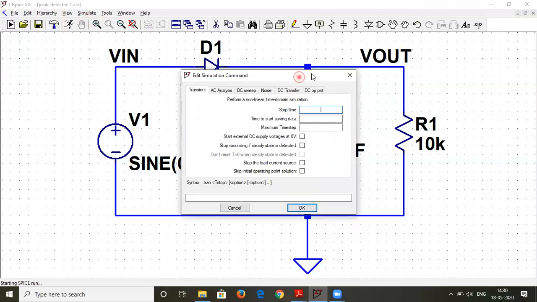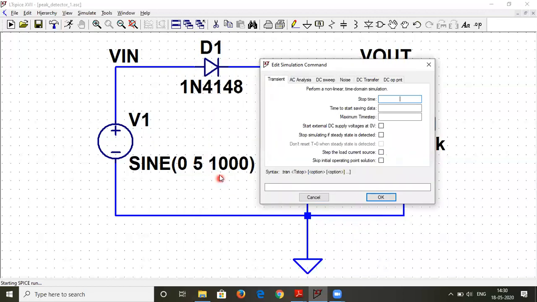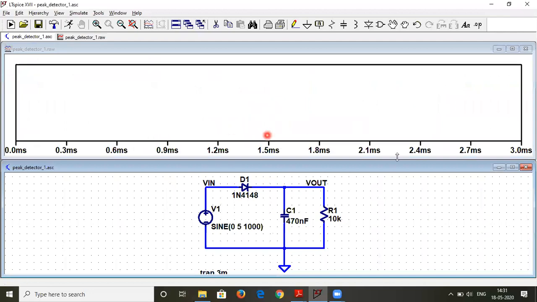Well, the stop time which I have to give over here, let us consider this. Here the frequency is around 1000 hertz, so I can give it 1 millisecond, but that way I will see only one sinusoidal cycle. So at least I should see three sinusoidal cycles, hence I'll put 0 to 3 milliseconds.